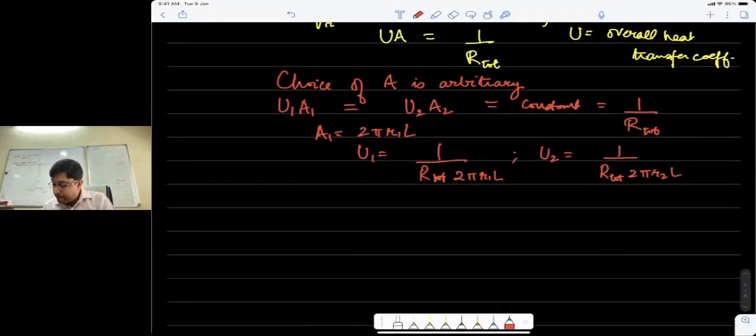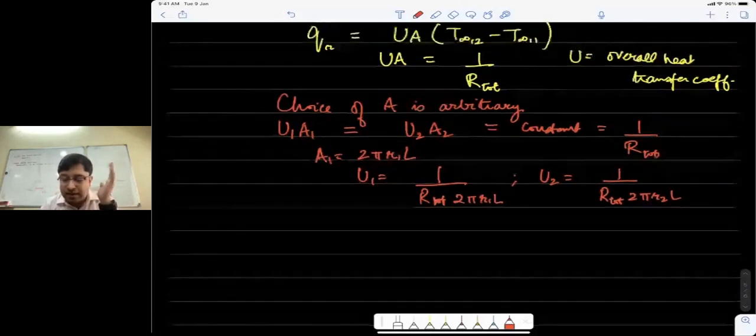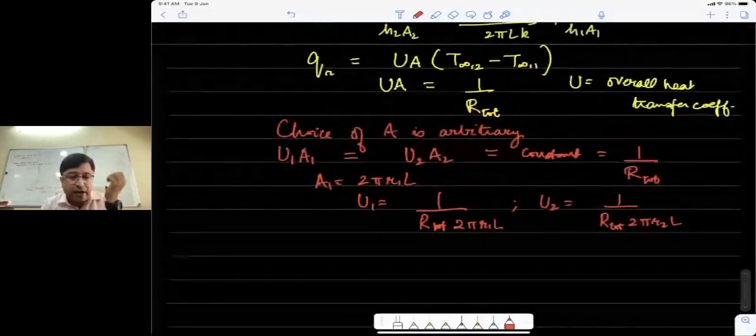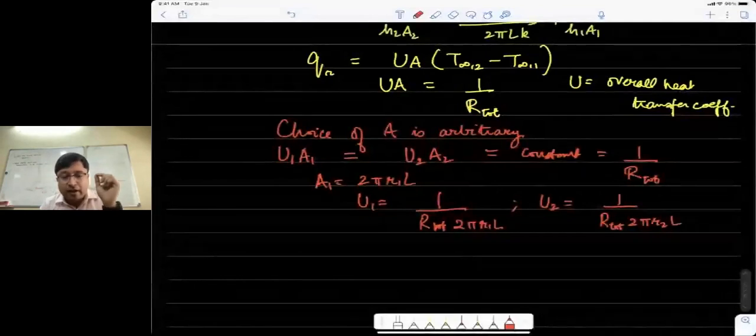Okay. So, we need maximum U for maximum QR. So shouldn't we take the minimum area so that we can maximize U? No, but we are not trying to maximize U, because remember, U into A is a constant. Do you understand that? Do you see this? Yes, sir. So U in itself has no meaning. H, the heat transfer coefficient, has a meaning, not the overall heat transfer coefficient.